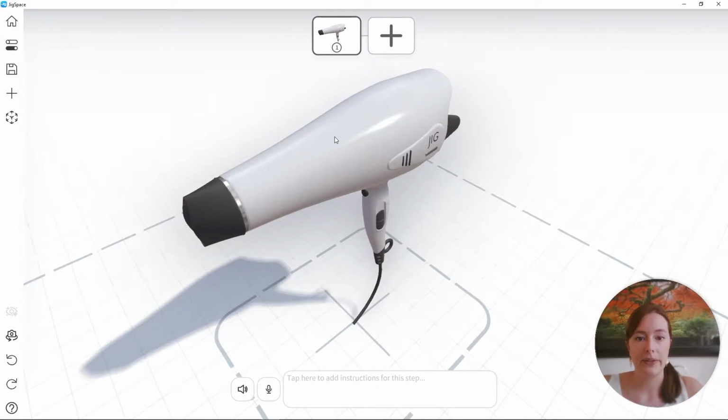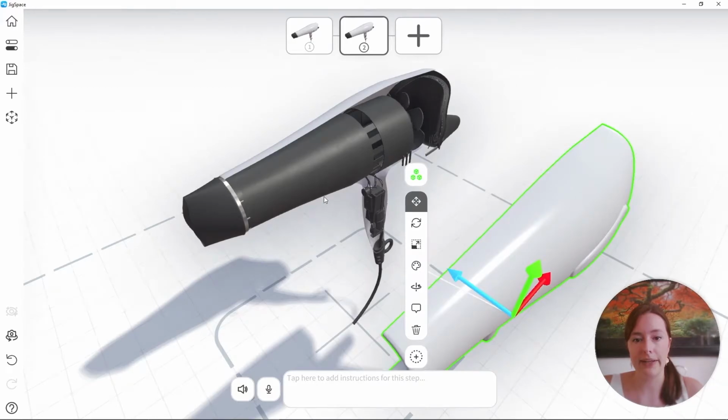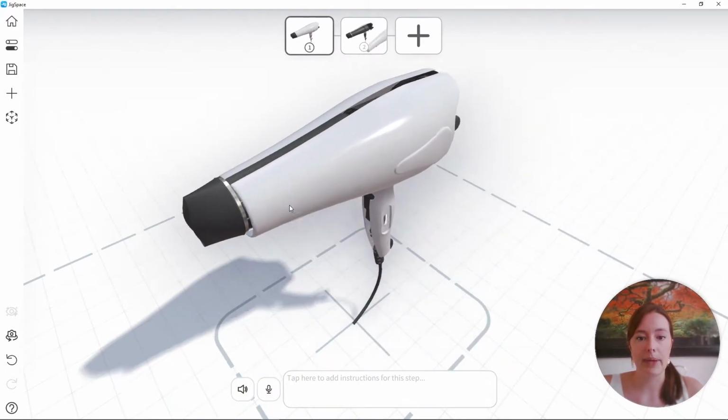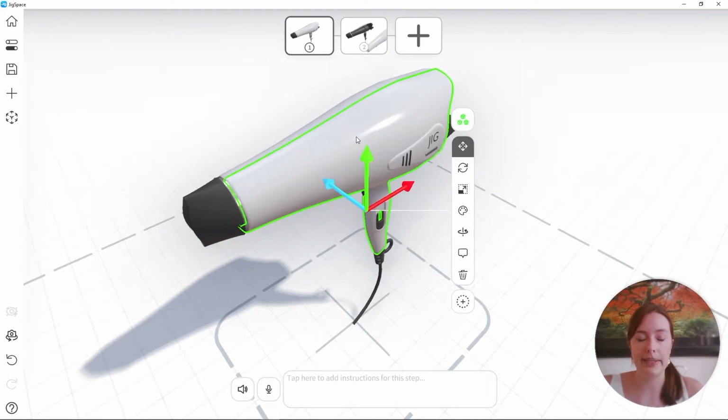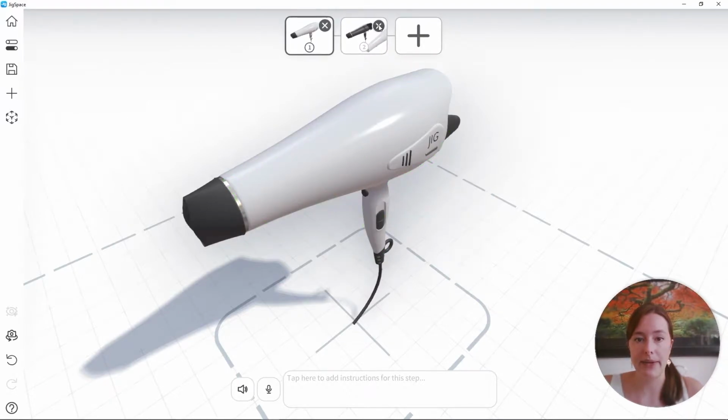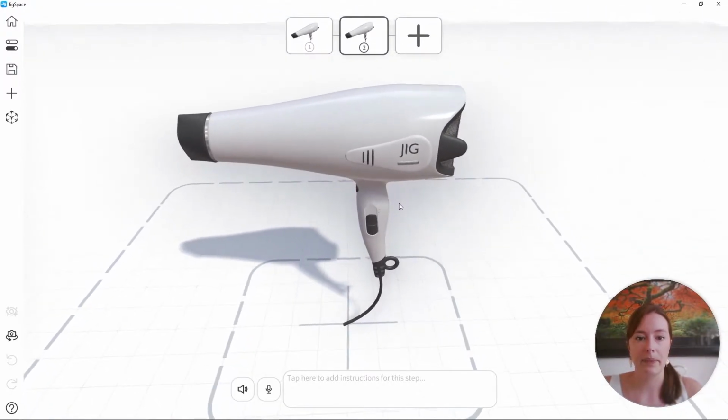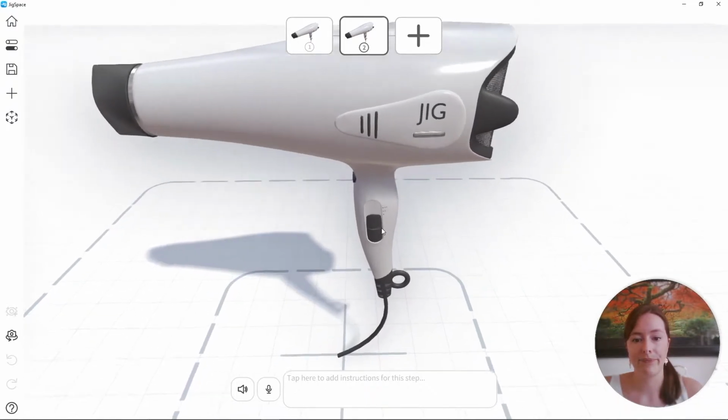So what I'm going to do is add another step. Now on step 1, the initial position is stored, and on step 2, if I pull this model out, I can still go back to step 1 and still have that position recorded. And I can copy this information from step 1 to step 2. So I'm going to delete step 2 for now and start that again from scratch. Now, on step 2 is where I'm going to pull this model out.